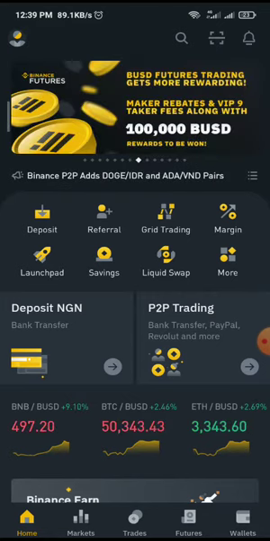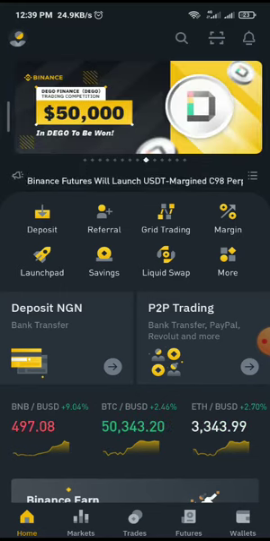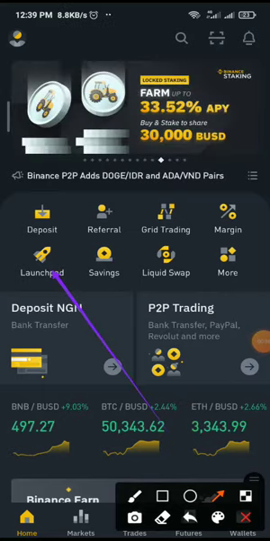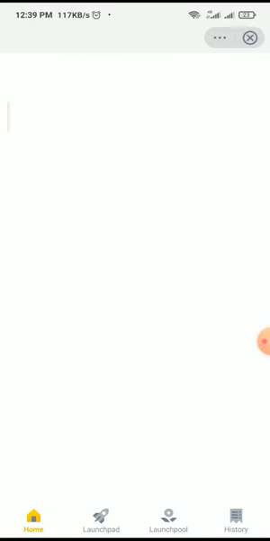So first, you need to open your app. Once you open your app, you go to Launchpad. Let me show you right here. This is the interface. You go to Launchpad. It will be displayed anywhere on your screen. So once I click on Launchpad, you have to also then go to the particular project that you are currently